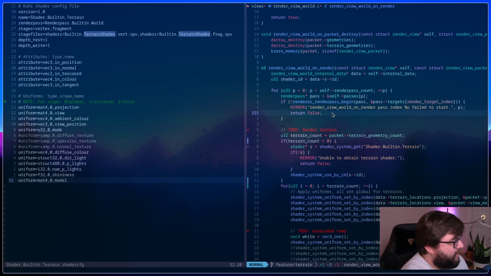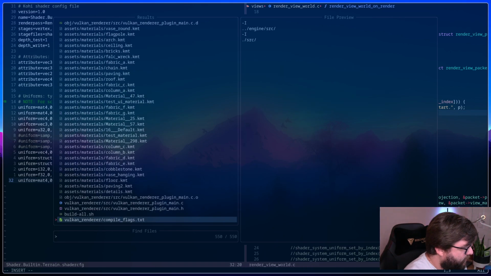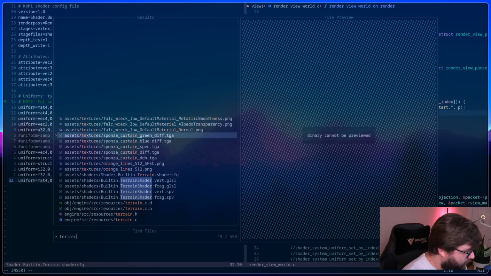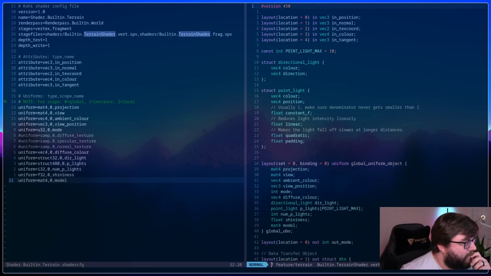Is it maybe the shader itself that's wrong? What was it? Terrain, shader, vert, GLSL. So this has the same layout. It matches that. I really need to get reflection up and running so I don't have to do all of this, but for right now, this is where we're at.